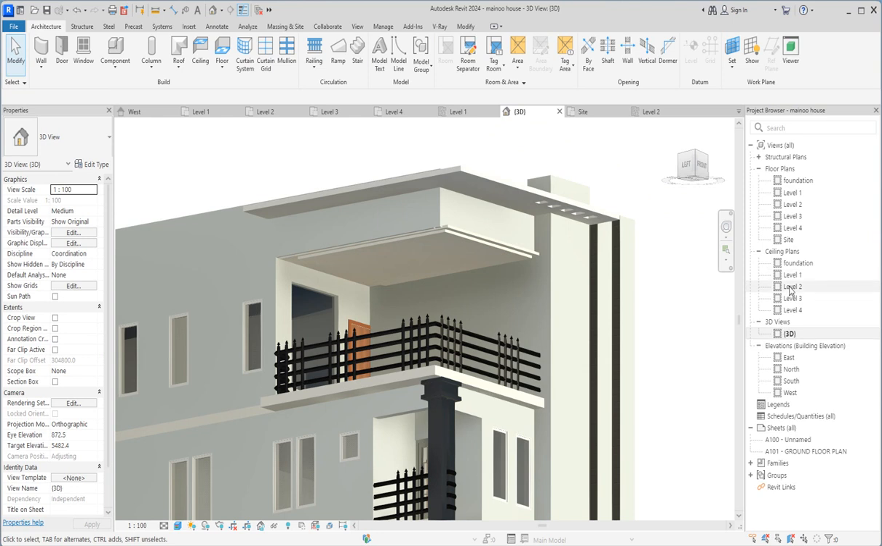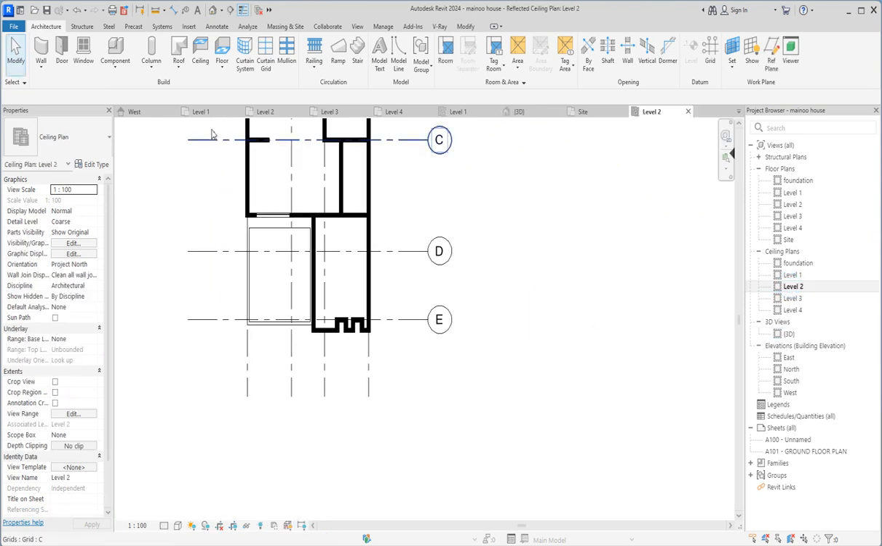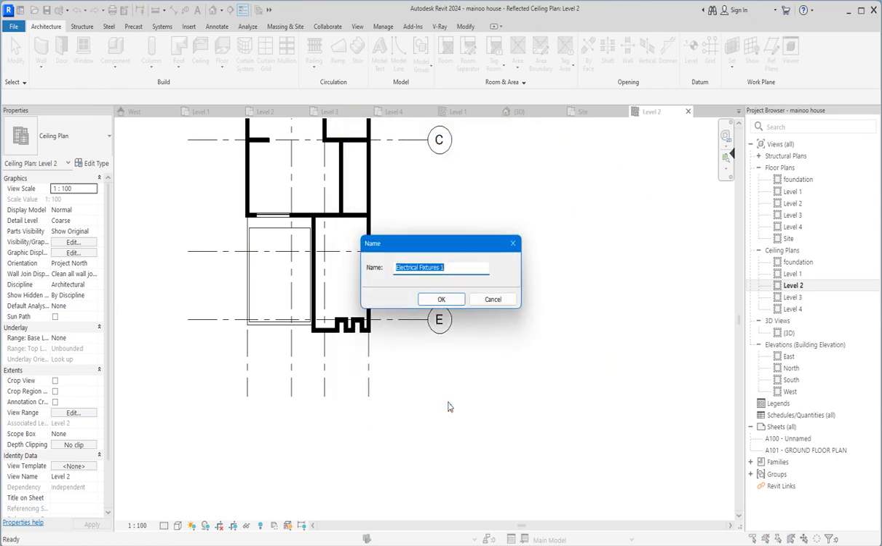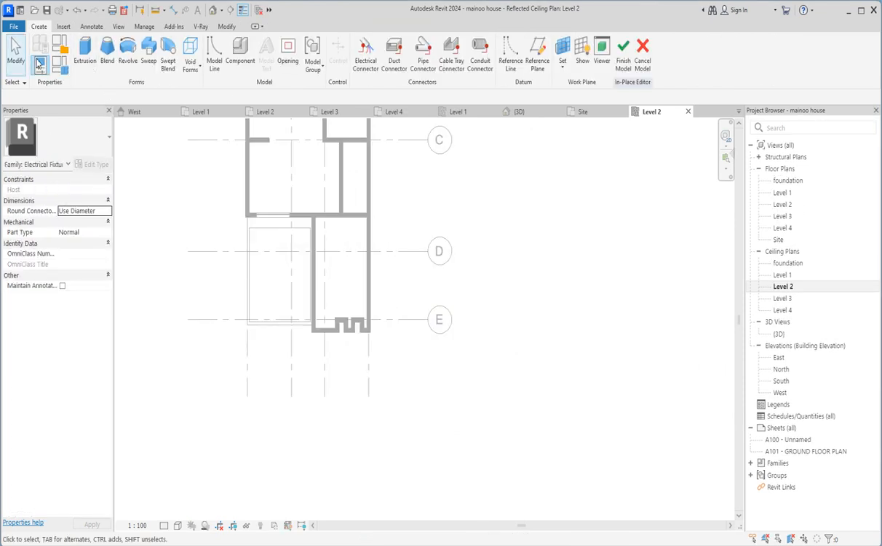I'm going to level 2. From level 2 now I want to use component to create whatever model in place. I would start. So now I'm going to call this one, let me search for lighting, electric fixture. Good. So what I need to do first is to create a somehow like a